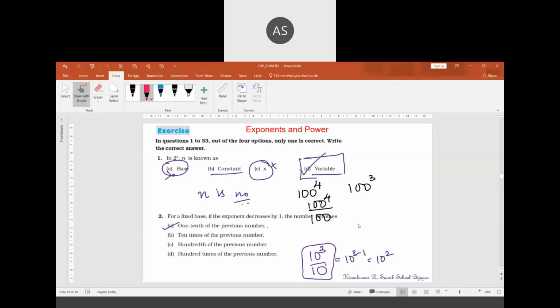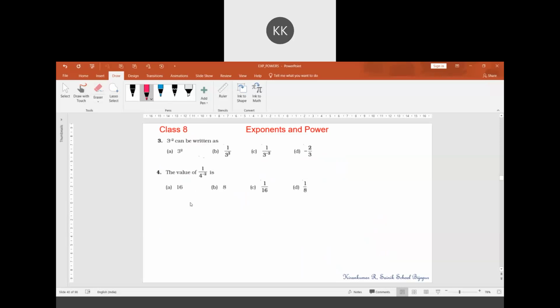If it is say number 5 to the power 4, if you are dividing by 5, it will become 5 to the power of 3, sir. So it is 1 by 5 times. That option is not there, isn't it? Yes, sir. So in the question, they could have given a fixed base, say if they give 10, then the first answer is correct. If they give 100, then option C is correct. So the question itself is not correct. Yes, they should be giving a number, sir.